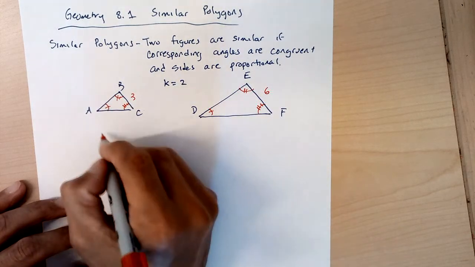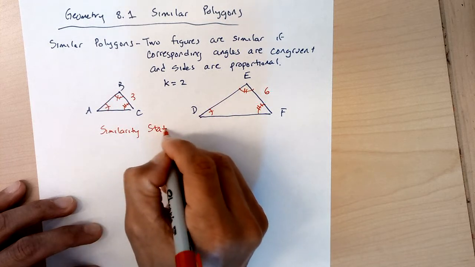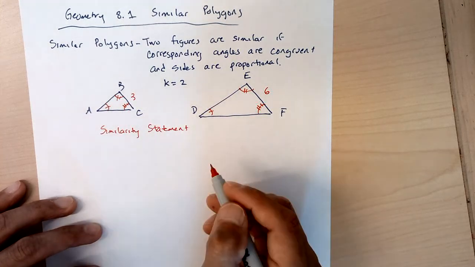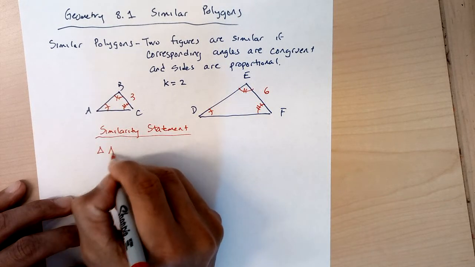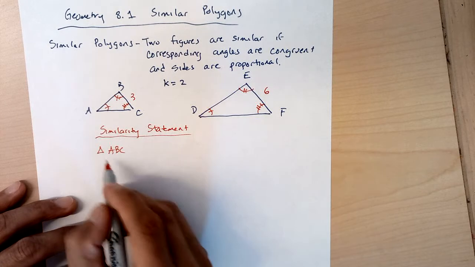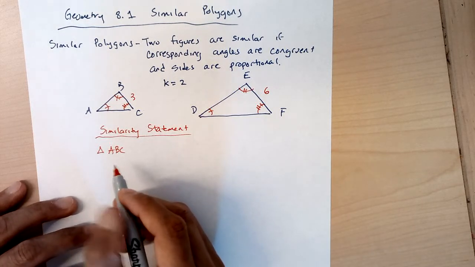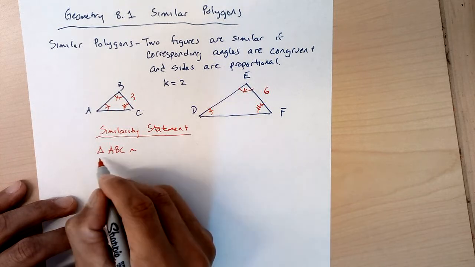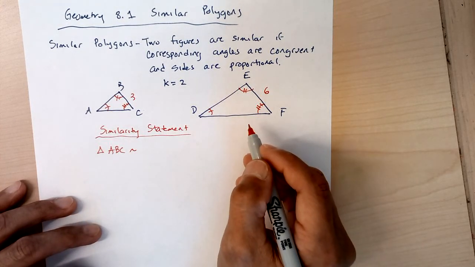And then I could write a similarity statement for those two triangles. It's kind of like when we were writing congruent statements for two triangles. There's a certain order that you have to write things in. I could say triangle ABC, and that sets the order for the second triangle. I could have started this in any way. I could have made it triangle BAC, triangle CAB, anything like that. But as soon as I start and set the order, now the second triangle that's similar with it can only